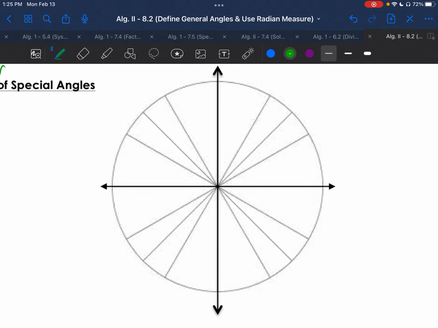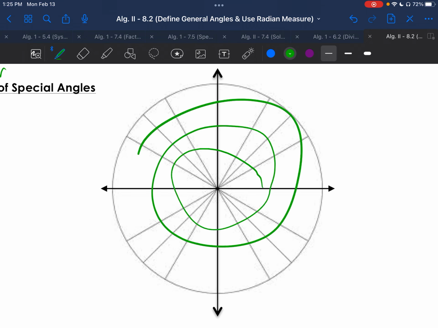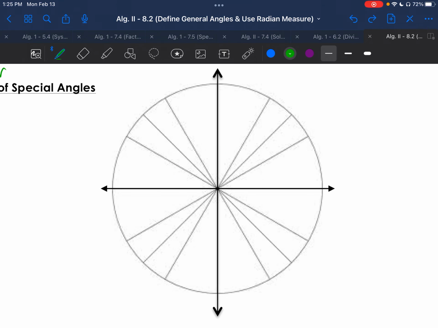Now, if we had a circle drawn onto a normal x and y axis, a coordinate plane, if you will, as we rotate an angle around, let's talk about what our different angle measures are. Here we have some different ones highlighted. We have 30 degrees at this line, 45 degrees, 60 degrees, this is 90 degrees, 120 degrees, 135 degrees, 150 degrees,